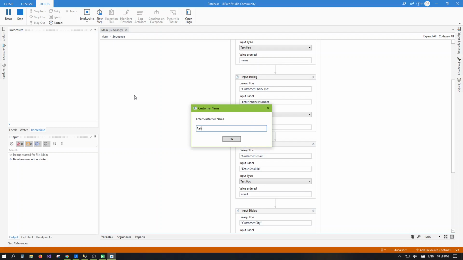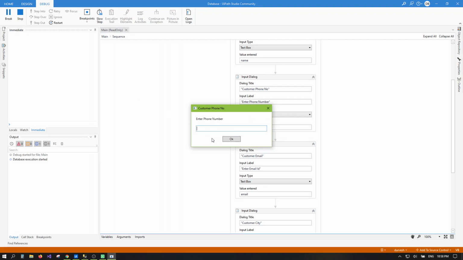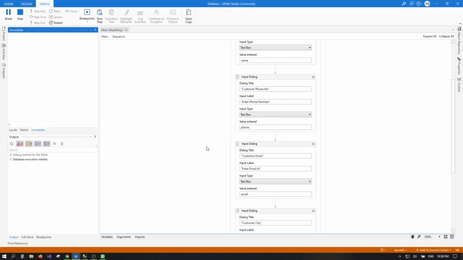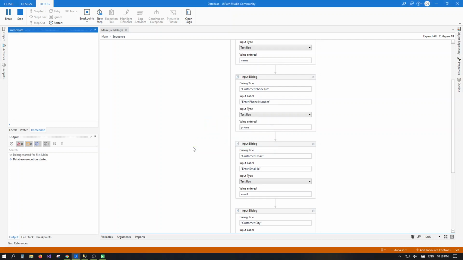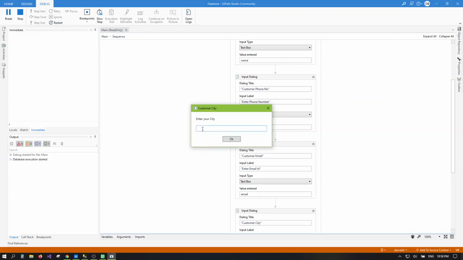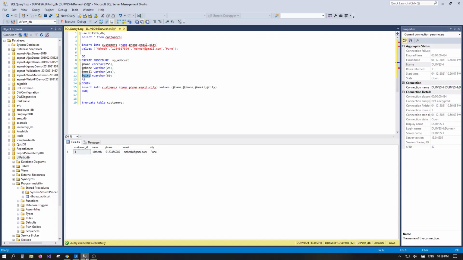Let's take customer name Rahul, phone number, email ID, and city. Okay, so now we have executed the stored procedure also. Let's verify.